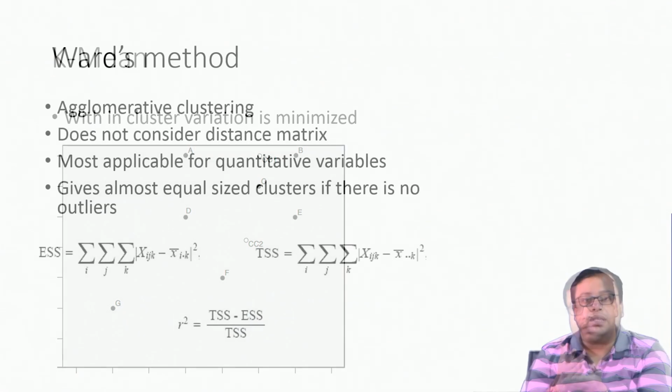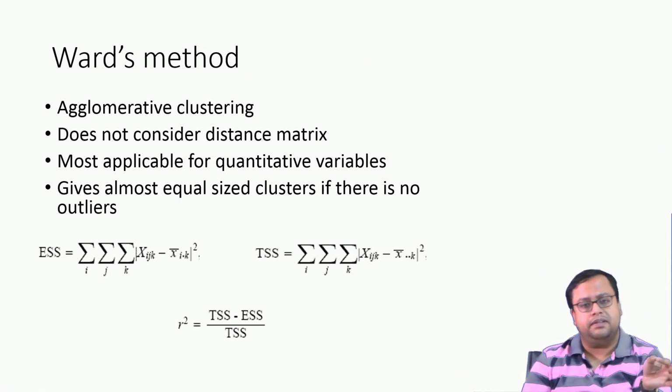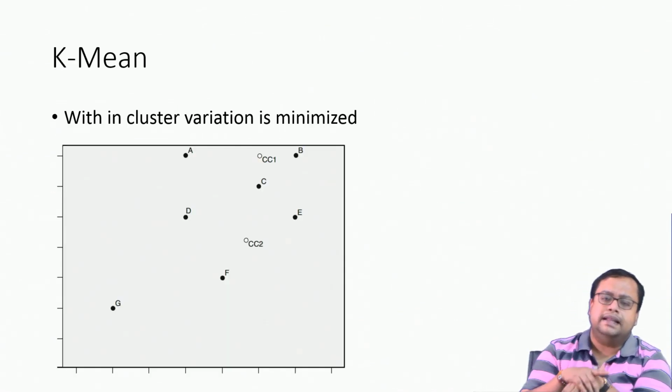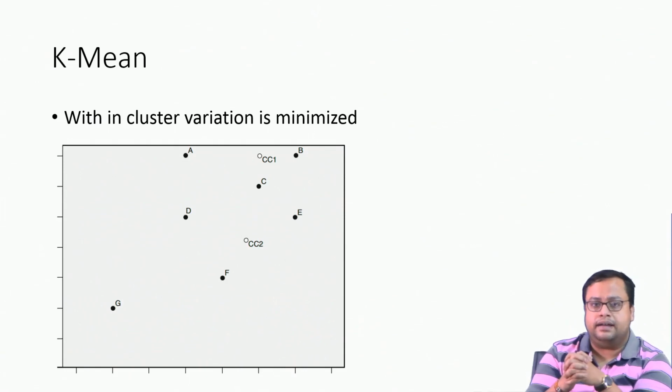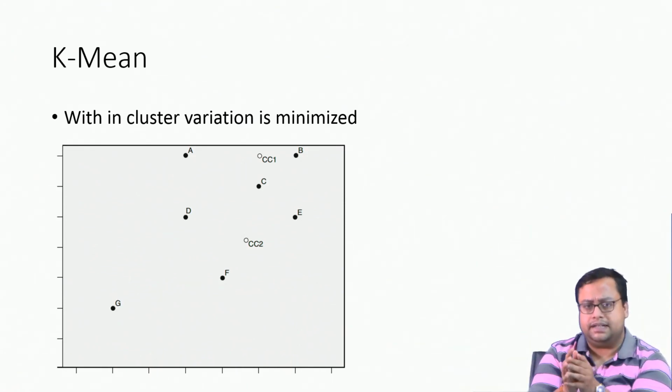some other variables. So, the next method we will talk about is the k-means method. Sometimes, in comparison to Ward's method and the hierarchical clustering method, the k-means method works better. What happens? Let us say through Ward's method and hierarchical clustering method, you decided through the scree plot that we should have 2 segments or 3 segments.